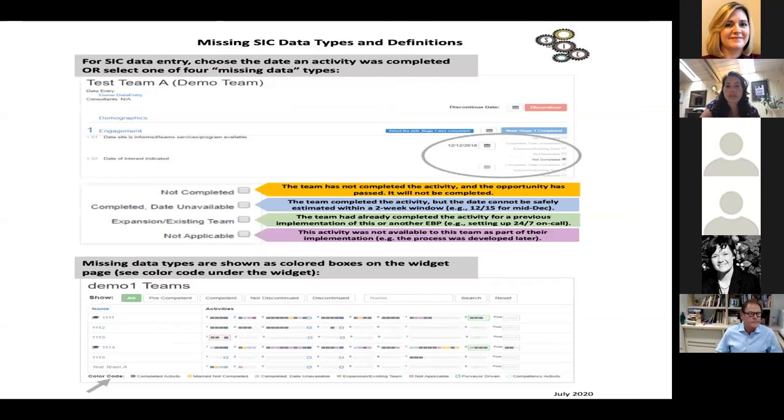And then we also created on the website, again, these user tools. One that's important is around how to code your missing data types, because that missing data, which I did not go into due to time, impacts the way that we score things. We want to make sure that we have the right missing data types so that we score each team appropriately. And when I say score, what does that mean?